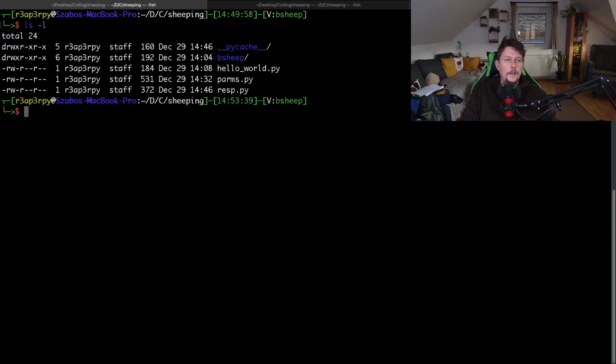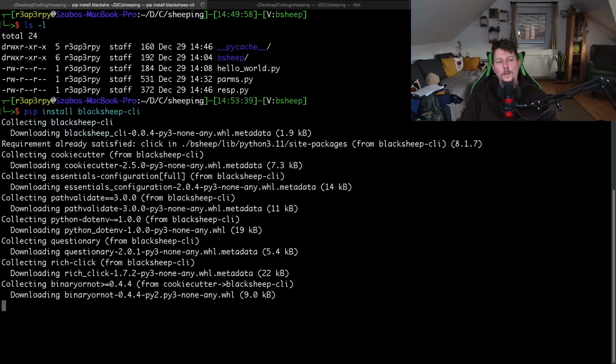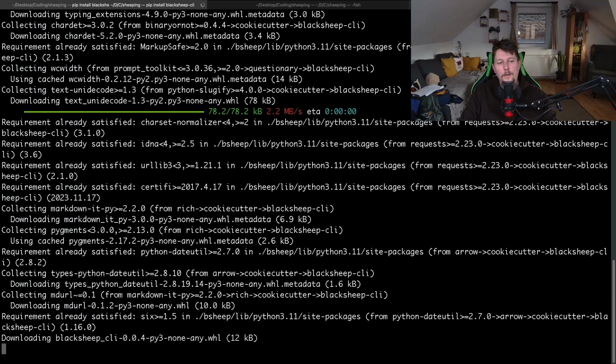So currently I am in the BSheep folder or sheeping folder, and if I issue the BlackSheep command, in order to issue it I have to use the pip install BlackSheep-CLI. So once this is installed,